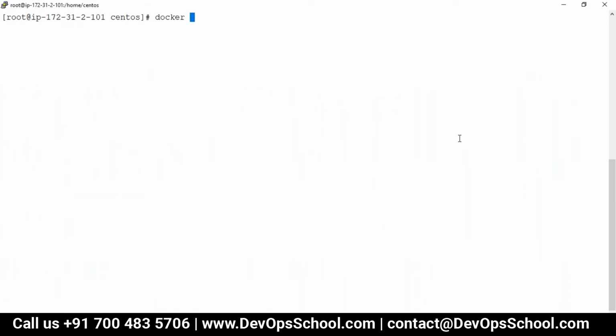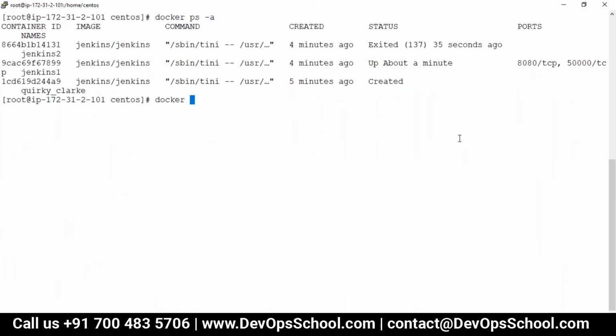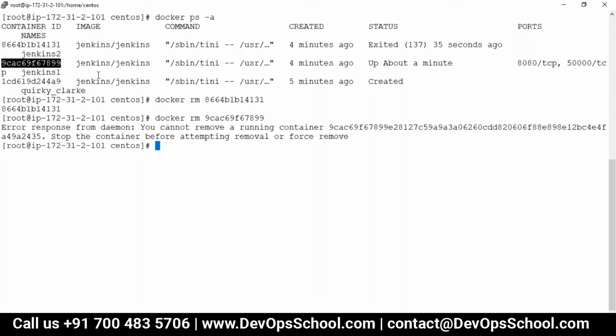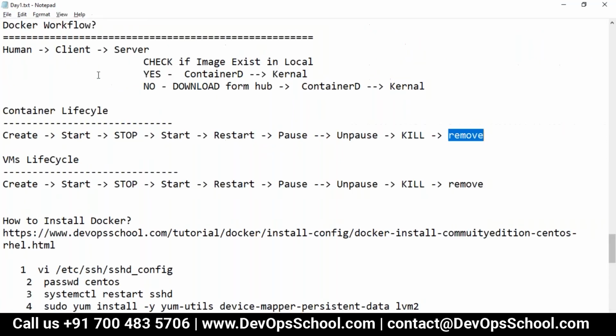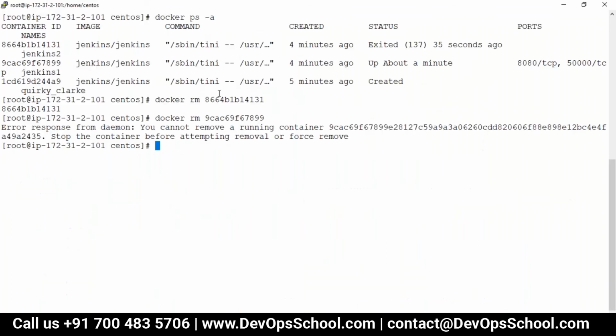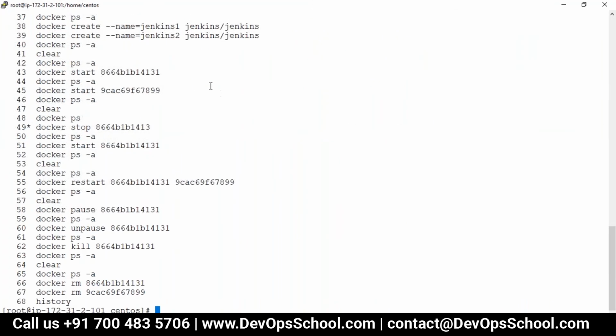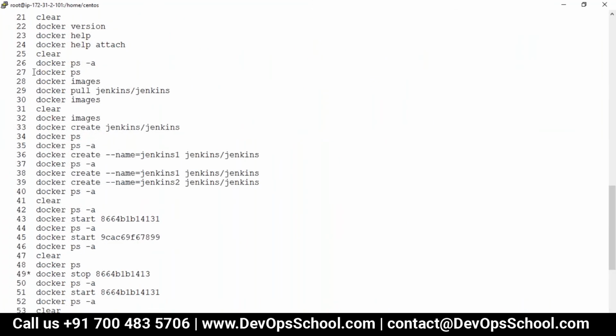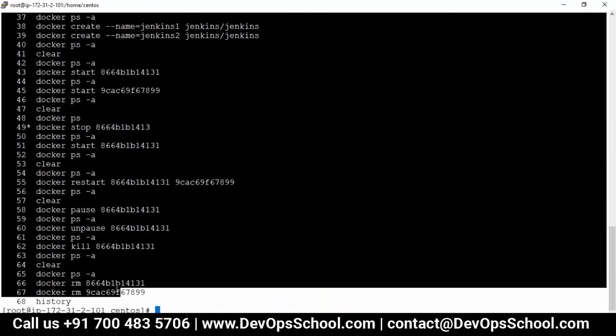So can I remove the container? So I am removing the exited container with rm. Can I remove it? Yes. Can I remove the container which is running? This one. See, you cannot remove the running containers. You have to stop it or exit or kill it. Okay, you have to exit the container. So guys, this is the container life cycle and basic commands which I showed you. Within a few seconds, you got to know all the commands and you were able to work with a container.